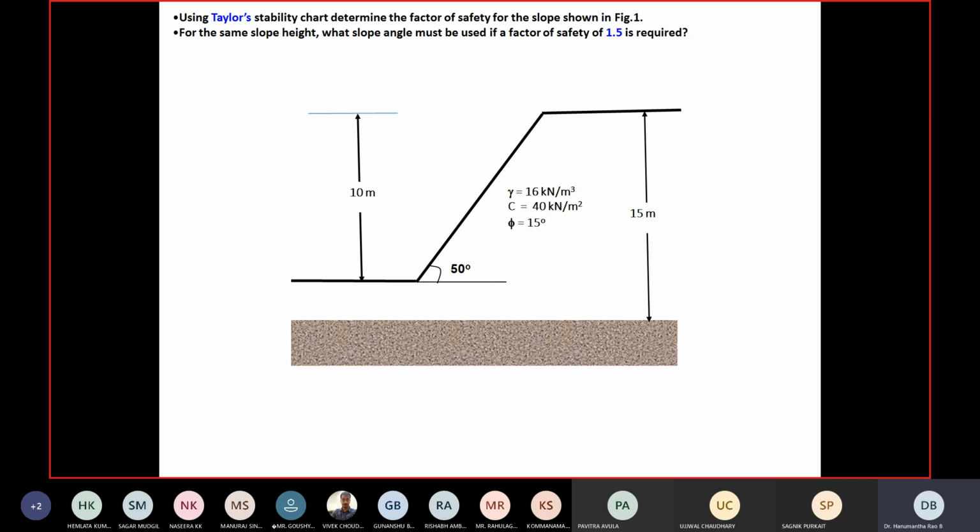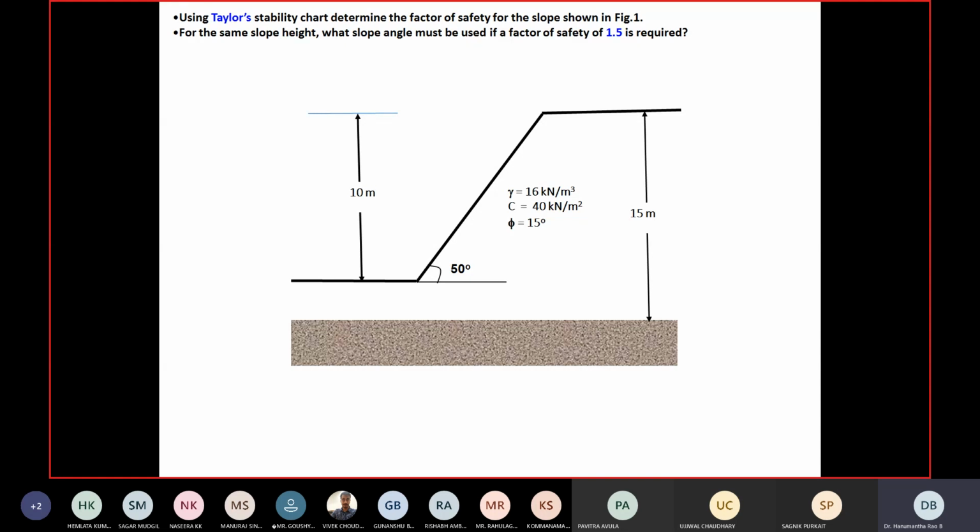So what is the maximum height of the hardest strata? In this case it has been given as 15 meters. We know how to define the stability number m, which is nothing but c by gamma H, and which is a function of several other parameters, slope angle beta, angle of internal friction phi, and so forth. We have also discussed three varieties of slopes: the toe failure, the slope failure alone, and the base failure.